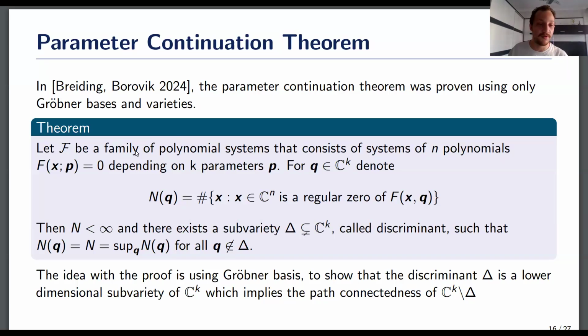Let F be a family of polynomial systems with parameters, and let Q be a point in the parameter space. Then we say N_Q equals the number of regular zeros of the polynomial system. Then the number of regular zeros is finite, and there exists a subvariety which has lower dimension than C^K, called the discriminant, such that